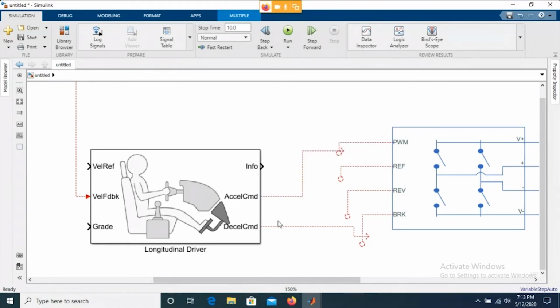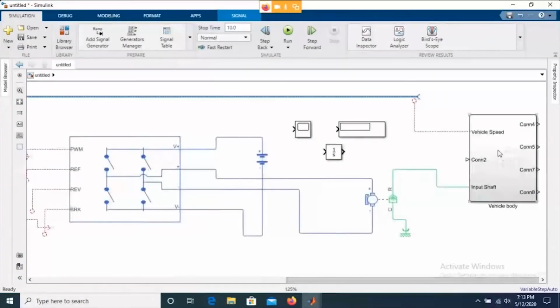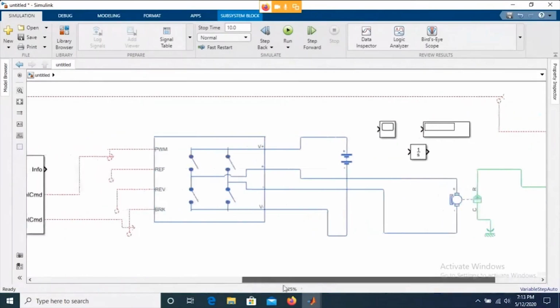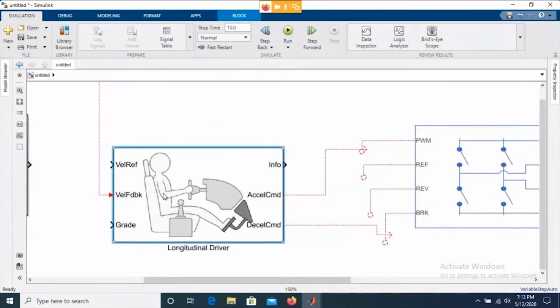What is this driver? Which command is it going to follow? It is going to follow the velocity feedback. From where is it coming? It is coming from this line, from the vehicle body, or vehicle model. This driver also needs to be told what speed it is required to run at.